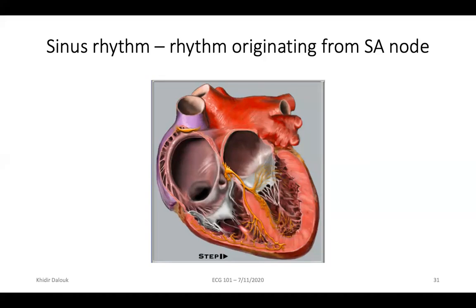A general rule of the heart as well is that whoever is faster will take charge of the heart. That's why we refer to normal rhythm as normal sinus rhythm, meaning that the rhythm is originating from the sinus node. Okay,